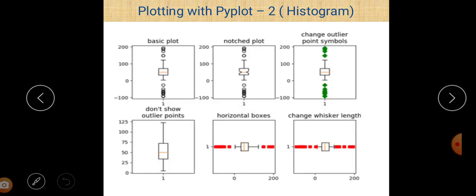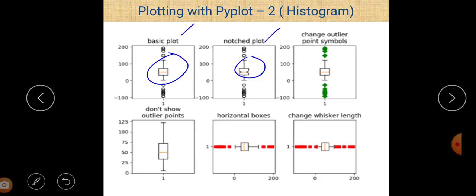So now there are different types of box plots here. You can easily see that this is a basic box plot here, and this is a notched plot, represented in a different manner. See the representation of both of these two. In the first one there is a box, but in the second case the representation is a little bit different compared to the box. So that is called the notched plot.